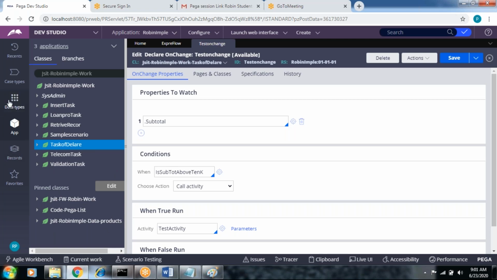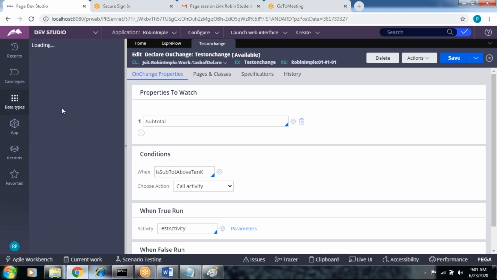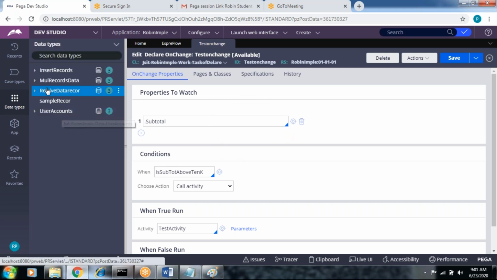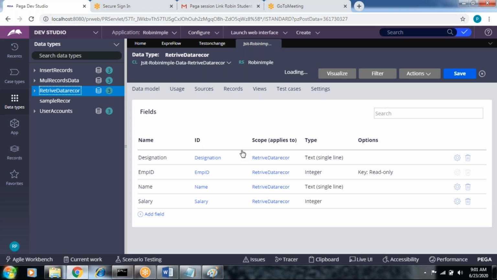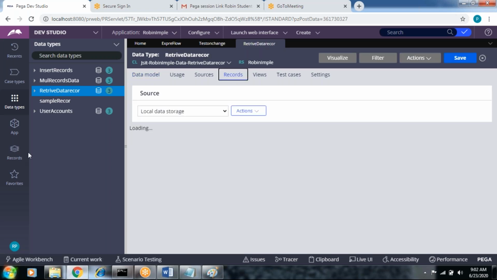Okay, so data type. Let's take data types once again. User forms, retrieve data records, multiple records. Let's open the retrieve data records data type. Go to records.